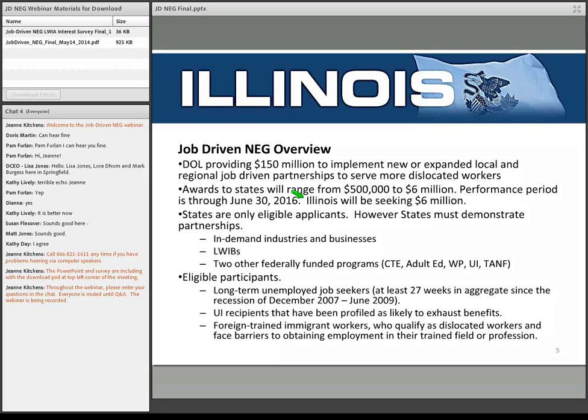But again, that's based on what you all have going out there and the size of the projects that we can do. Because it is an NEG, this one specifically says states are only eligible applicants. They stress, I think they stress it in the 10 and everywhere that I've read or listened on a couple of different webinars about this project, that in-demand industries and businesses must be at the table, LWIBs must be at the table, and the other was you must connect with two other federally funded programs, and that is not hard